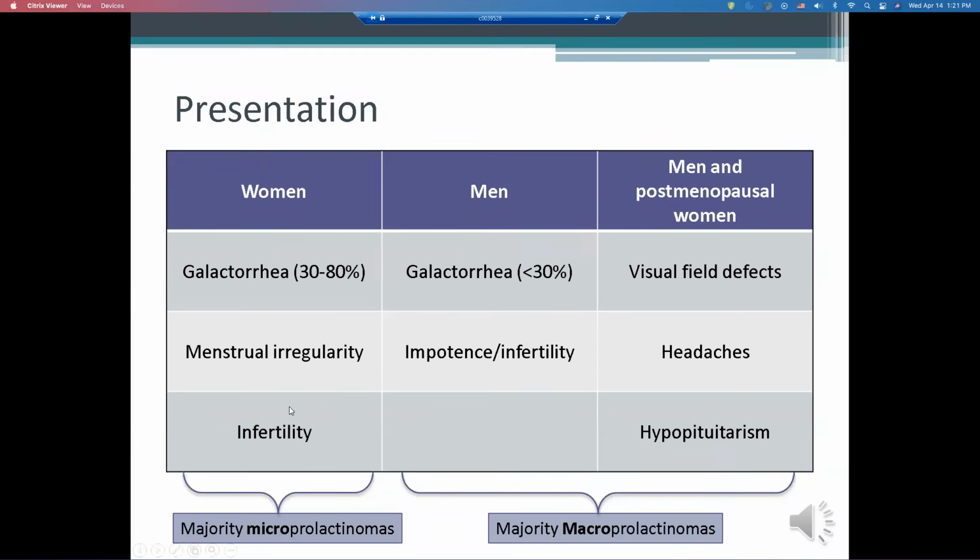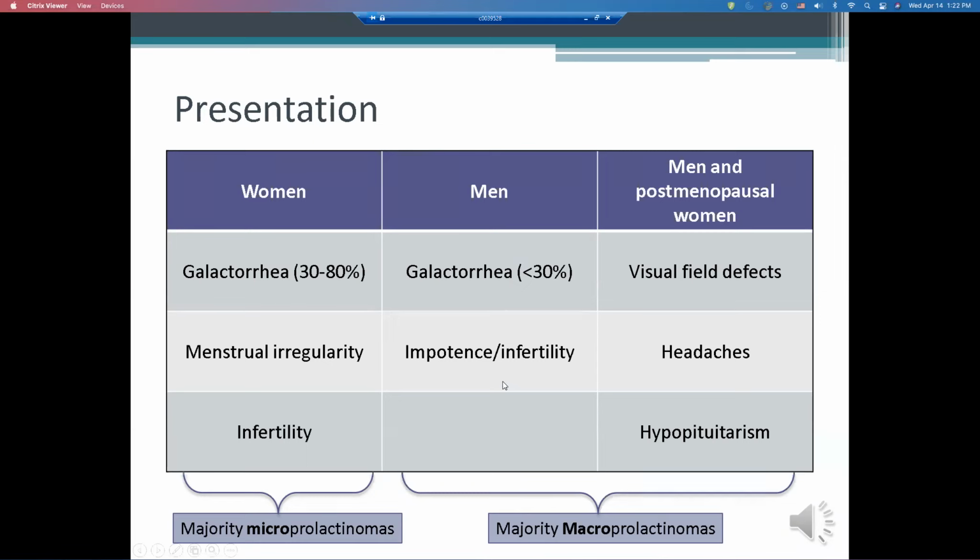Of course, infertility can be a reason to discover prolactinomas. For the majority of women of reproductive age who present with prolactinomas, we usually pick them up early on in the course of the disease, and that's why they present with microprolactinomas. On the other hand, men can have